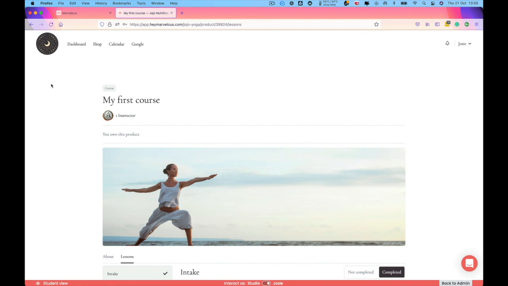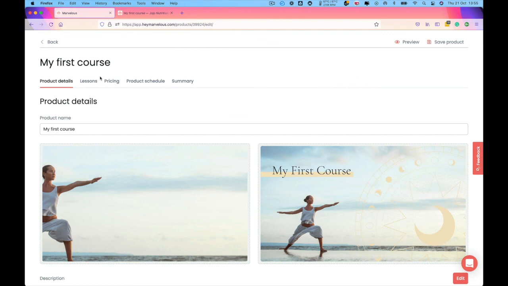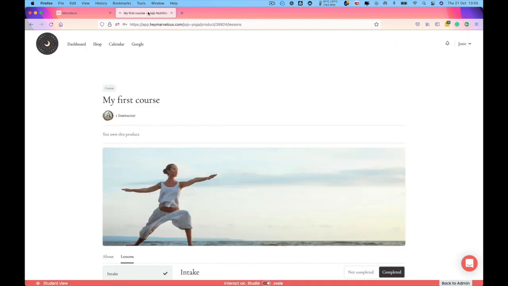if you have any changes that you want to make when you're previewing your product, you simply go back to the previous tab and go through and make your changes and then save product. If you want to preview your changes and still have this tab open, you will have to refresh the page to update it. If you happen to have closed the previous tab,